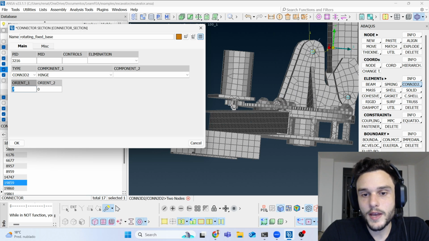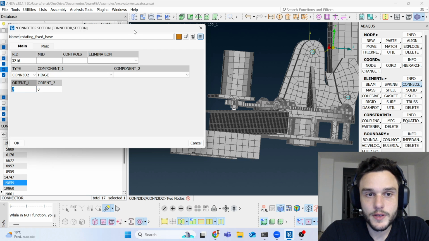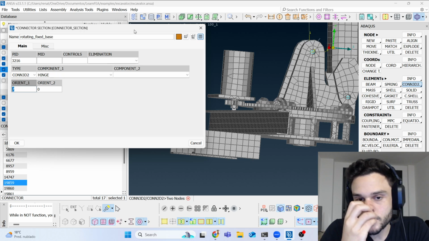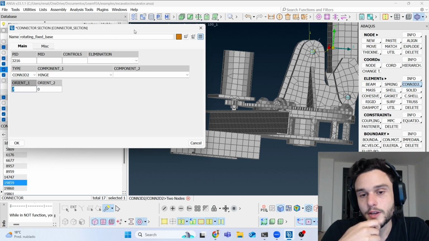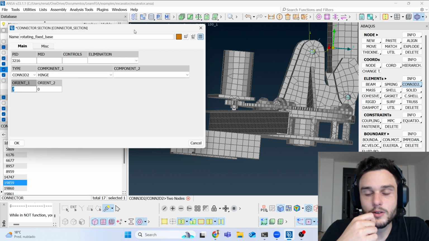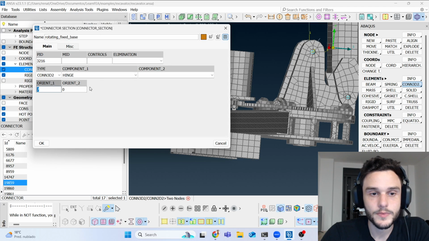And so that when we have relative rotation of these two gears, then there is not going to be any forces in other directions. Okay. And then we are not going to face over constraint issues, because since everything is rigid, if there are forces in other directions and the parts are not able to deform, then we are going to face convergence issues, just like happened before. Press OK,